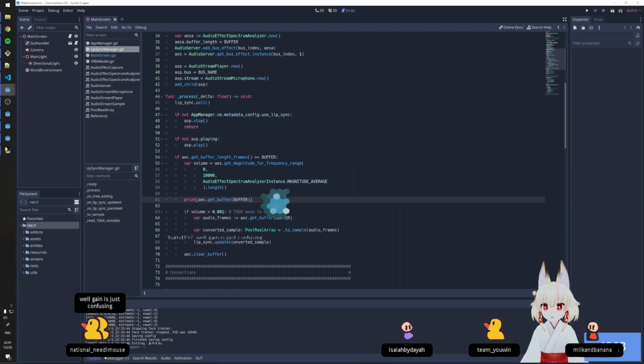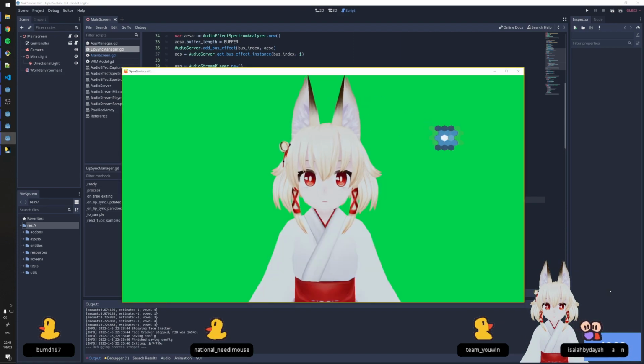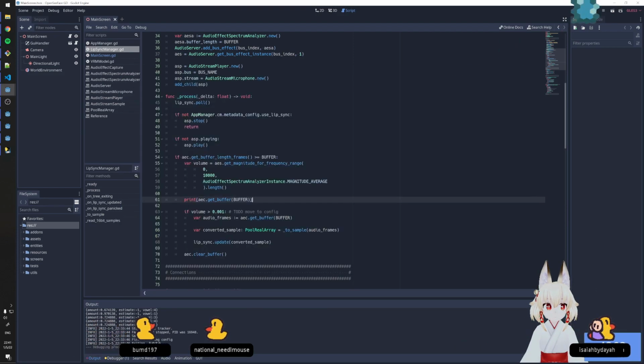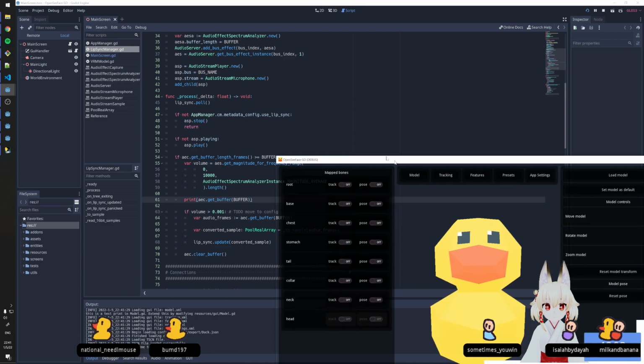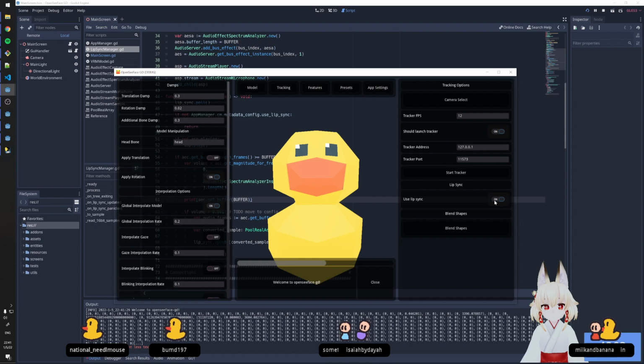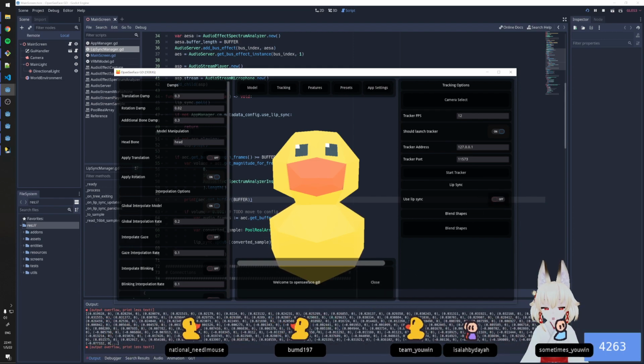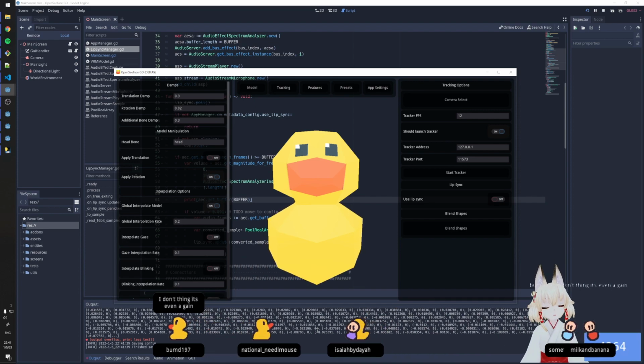Right? So we would always just do this before we do the volume check. Let me turn, actually I don't need to turn this off, I can just run this. And then we'll just have multiple threads running lip syncing all at the same time. We talk, right? You can see that we get some data points. But then if I turn off my mic,